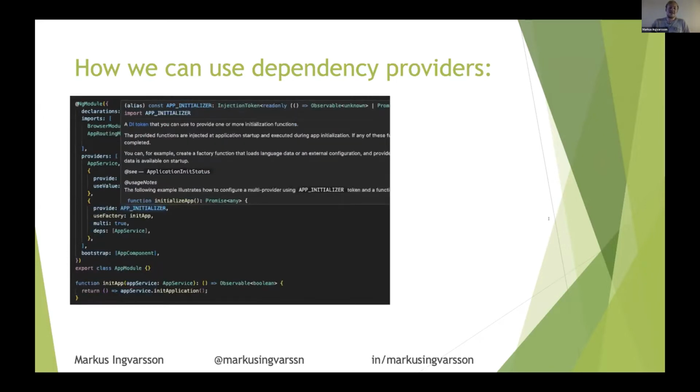And the fun doesn't even stop there. Sadly, we are running out of time, but Angular also provides something called injection tokens. And we can use the injection token provided by Angular, such as the app initializer, which allows us to call a method as the application is initializing. Here we set the use factory to use our init application method from the app service, and we provide app service as a dependency. And you can create your own injection tokens, and there are many more unique tokens that Angular provides, which I encourage you all to discover for yourself.